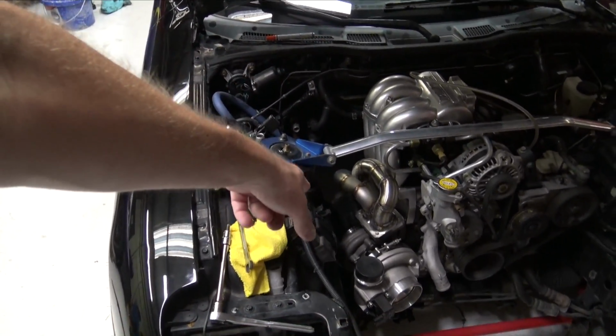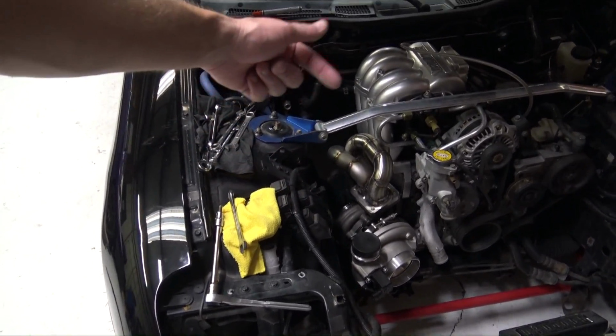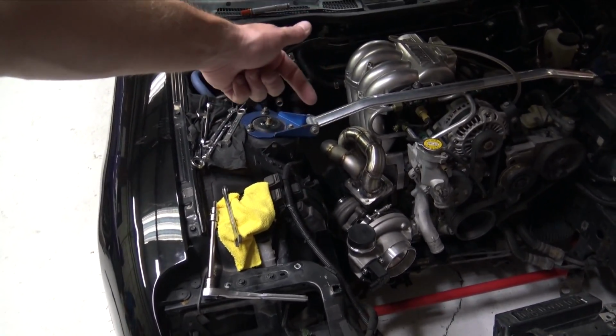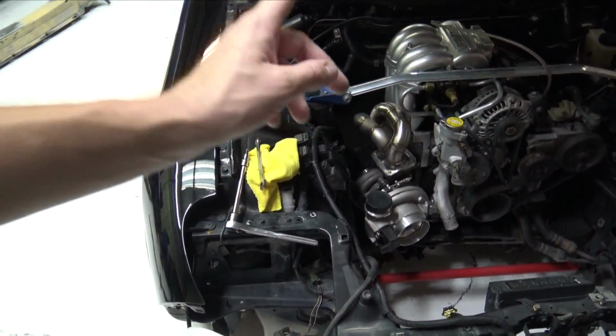I have that titanium flange for the turbocharger because I didn't like how the BorgWarner exhaust flange to the V-band actually had this weird little lip, and it looked like it was going to just restrict a lot of flow. So I went from the 3-inch or 3.5 or whatever it is out to 4-inch. Then it goes to 0.039 wall titanium tube. This manifold is actually lighter than the eBay manifold, and that's kind of weird